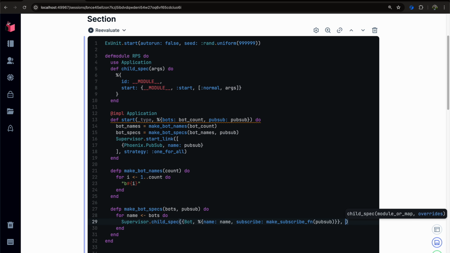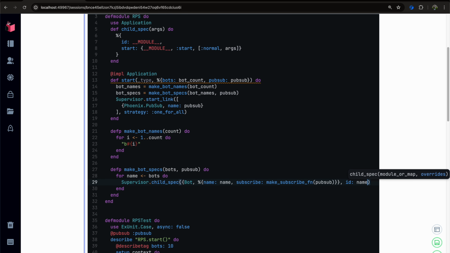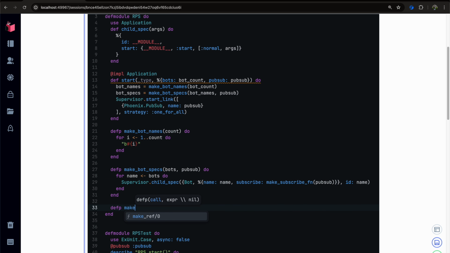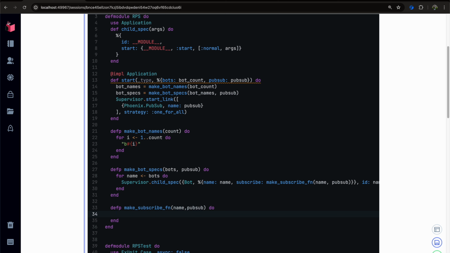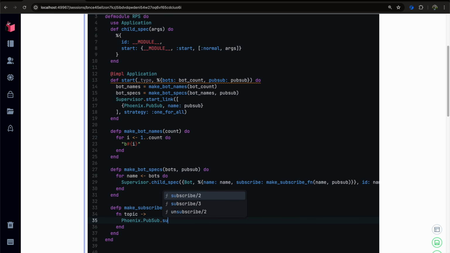Right, and after that, we're going to just override the ID with the name. And fp make subscribe function is going to take pub sub. We can take name as well, actually. And what we can do is fn pick, and then we do Phoenix.PubSub.subscribe